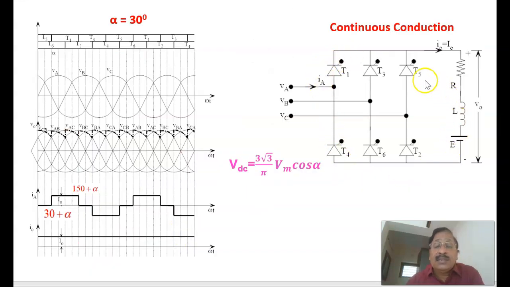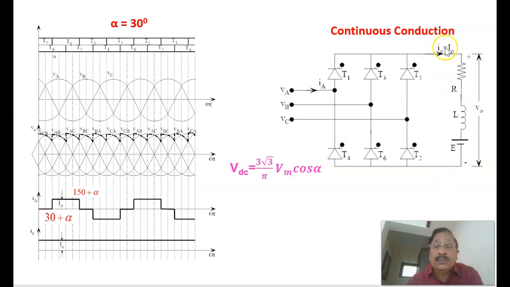Now, in the three-phase fully controlled bridge circuit, what we already discussed here is the continuous conduction case, in which the load current is assumed to be constant. Therefore, the current through this RLE load is assumed constant. It's a continuous conduction one, and depending upon which thyristor is getting more forward bias,